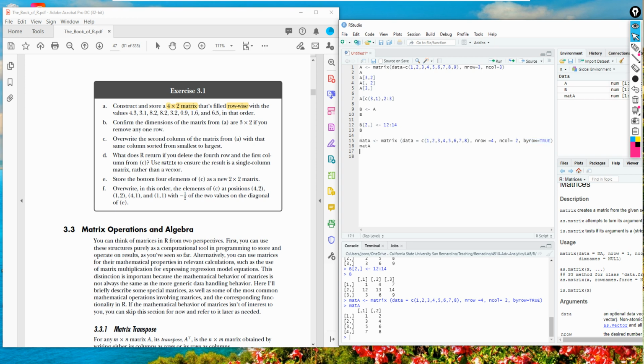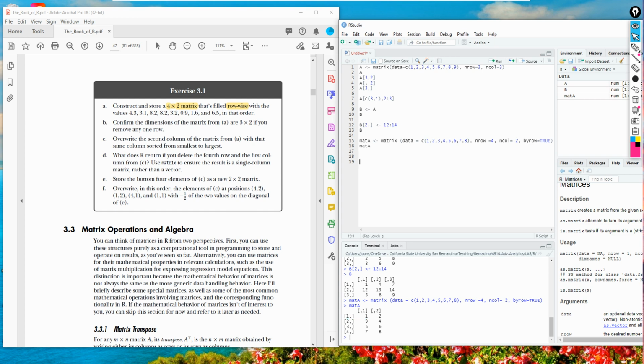Now part B. Confirm the dimension of matrix A from a 3x2 if you remove any one row. I'm going to remove the second row.